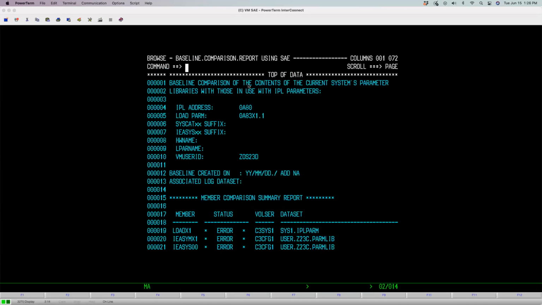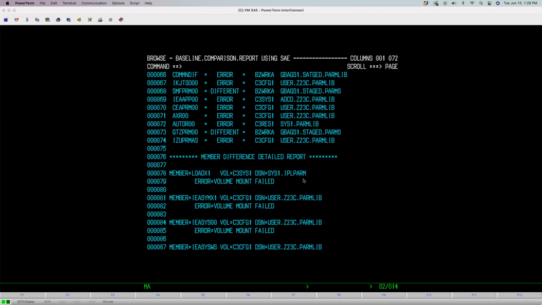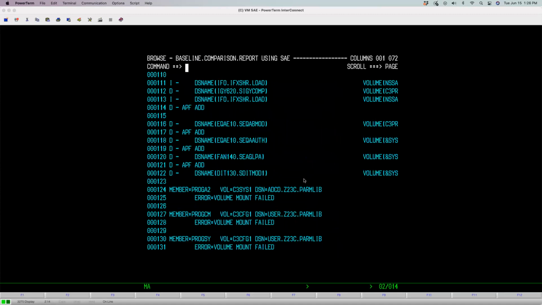it will now go off and it's run a comparison. So it's comparing the baseline that was created by image focus and stored on that volume against the current copy of the same members. Now, again, as I pointed out a couple of times, I'm on a very restricted system, so I don't have all these other volumes mounted, which is why it shows up an error. But you can see where I do have the volume mounted, it's done a comparison and said, hey, there's a difference between the content that was in the baseline and the content the way it looks right now. And it documents that for each of the components as we go down